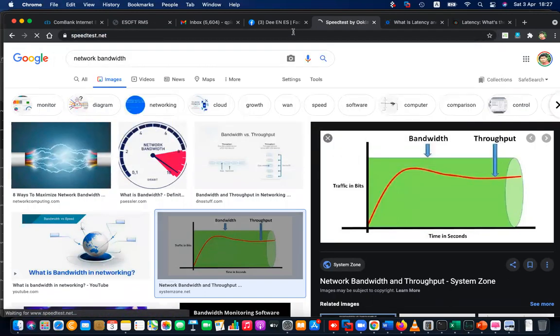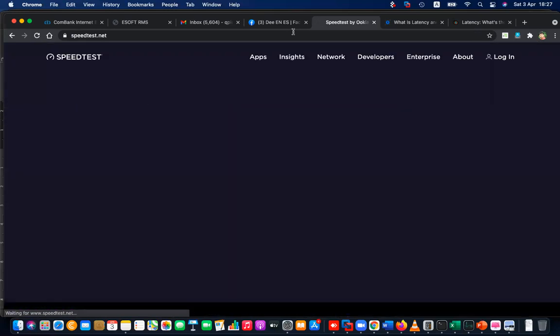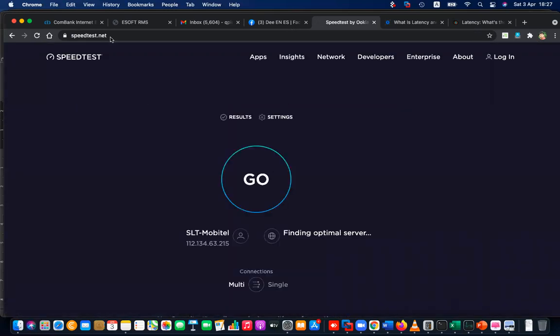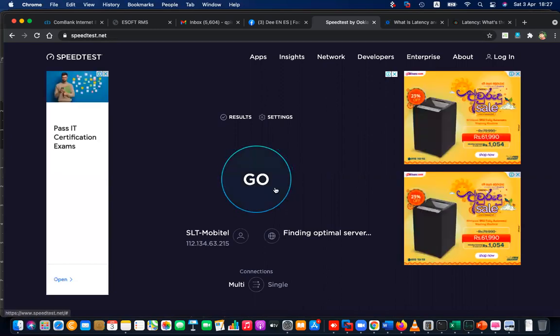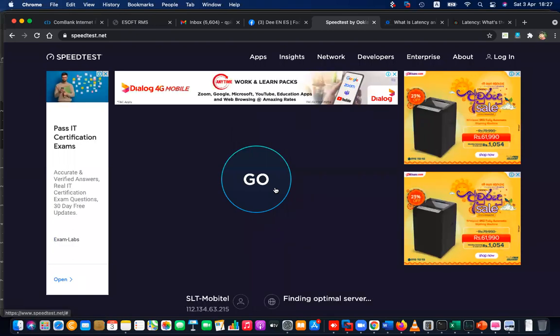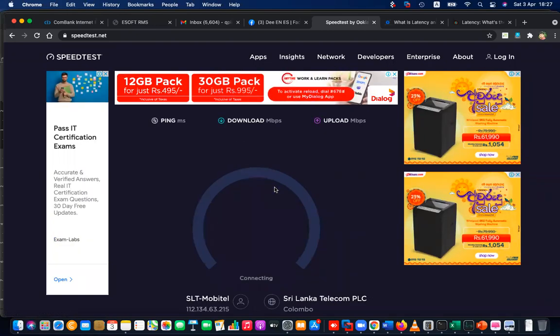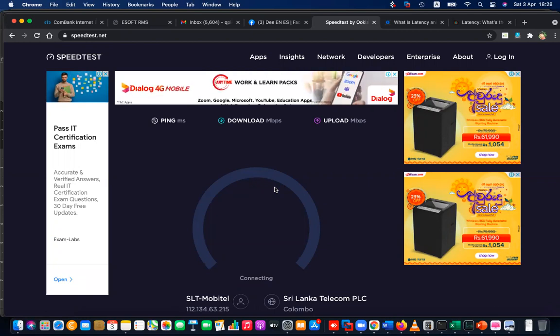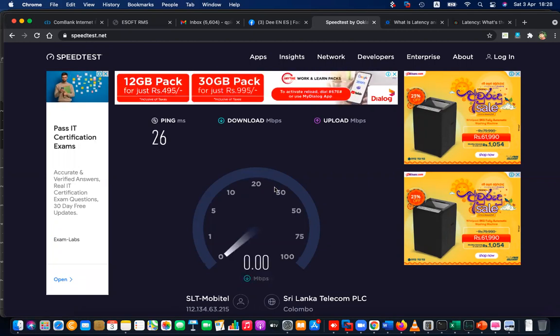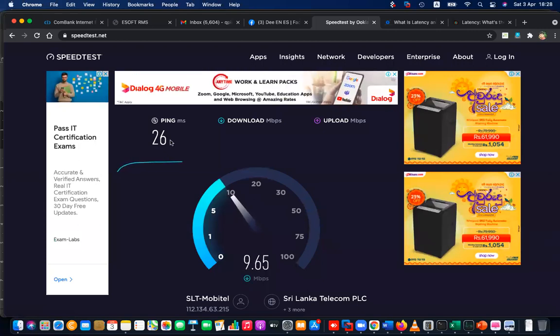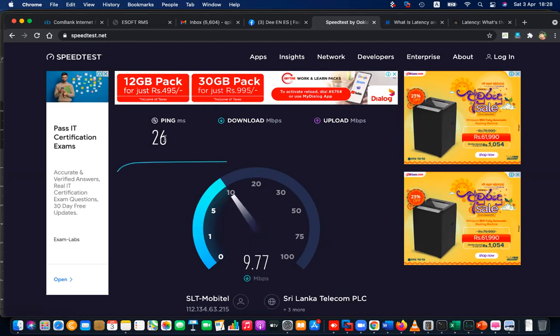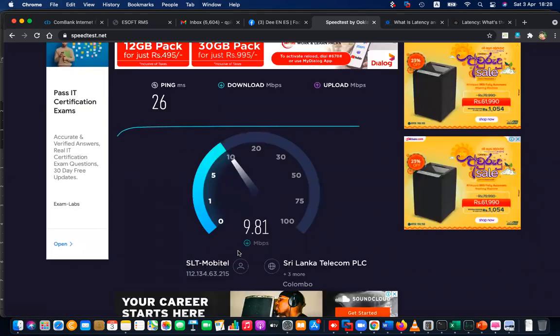speedtest.net, and then click. So you can also go to this site, even if you are using a mobile phone, and click on go. Click on go, and that will calculate. Okay, the first one is the round trip delay in milliseconds, 26 milliseconds. There is the delay. And now you can see it's calculating our